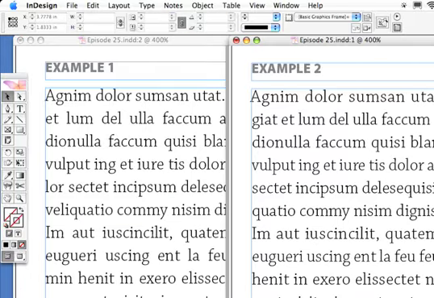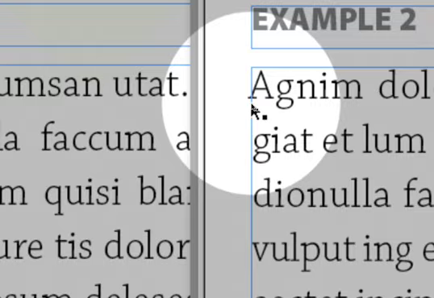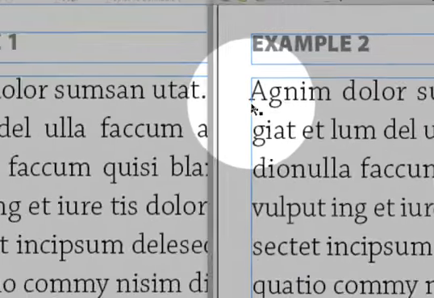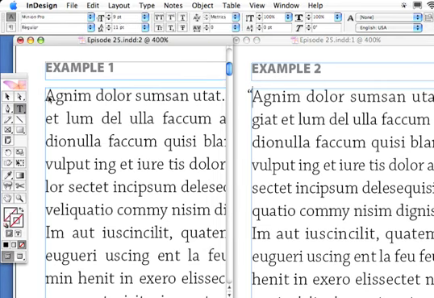Now let's take a closer look at what this did for me. Notice the serif on the capital A in the first paragraph. It's actually poking outside of the frame to bring the prominent edge of the letter form closer to the column margin. Look what happens when I add a quotation mark to this paragraph, and then when I add it to